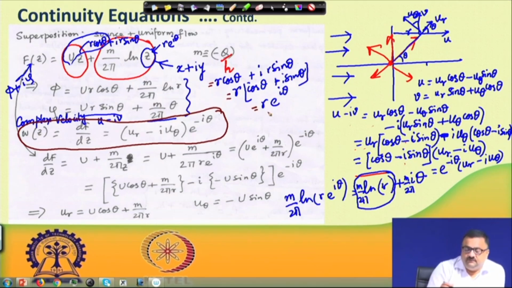So, if it is r e to the power i theta, then you can note here that instead of this z, we have written it as r e to the power i theta. So, u plus m by 2 pi r e to the power i theta. So, now this,